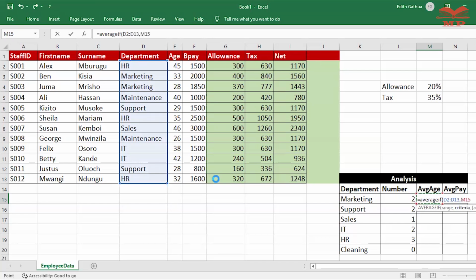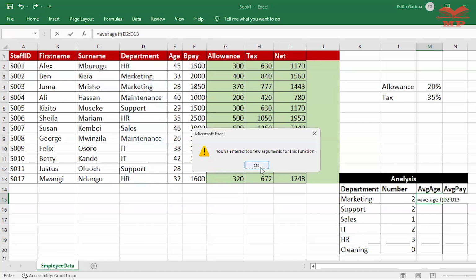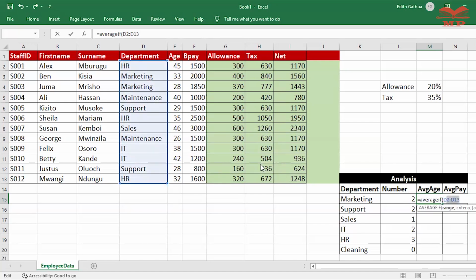Remember that thing we talked about, absolute reference. We can do it right now so that we do the absolute reference this because we will be using the same range all along. Then we press that, then click on marketing, or we could write marketing, but let's go with clicking on it. So it will be looking at that range, searching for marketing,